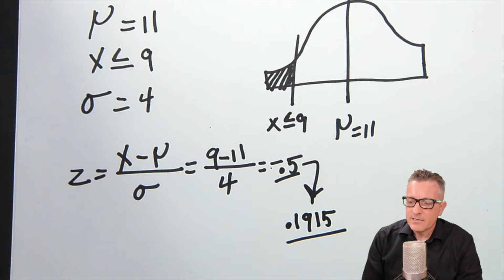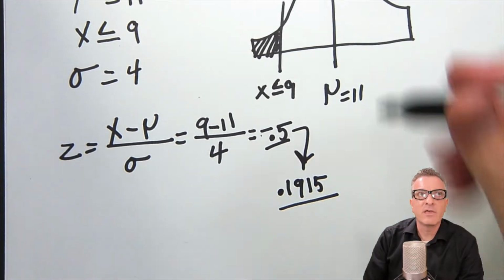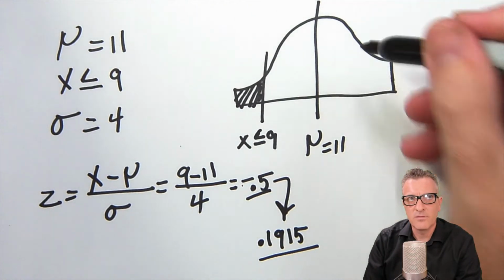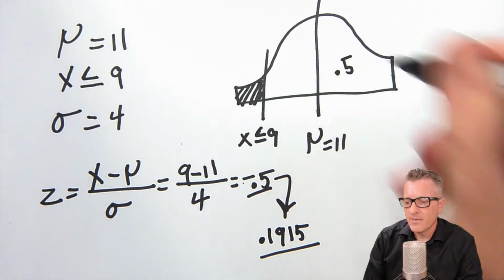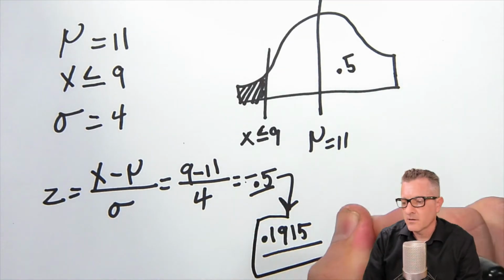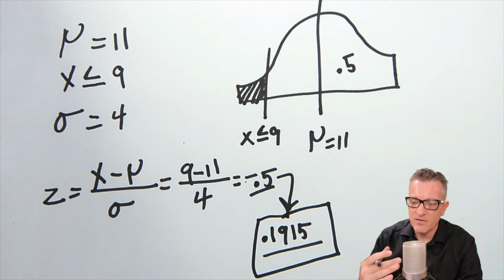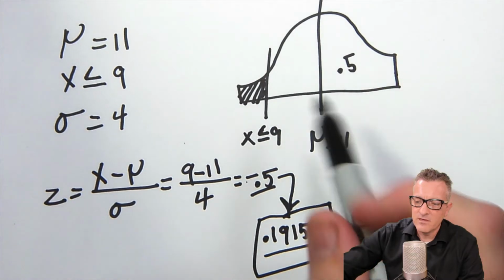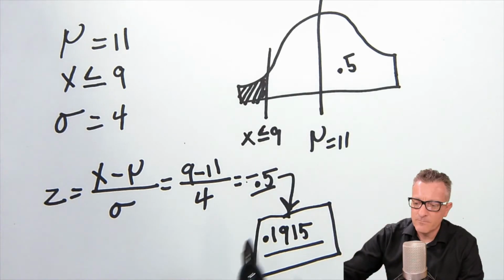So the big deal here is where we place this. Whenever we have a whole side that we're not working with, it's always going to be 0.5. Okay, so that's easy. And then when we get our value from our z-table, the under the curve value, not the z-score, but the actual value that we look up, it always goes on the other side of the whole one. So if this is 0.5, it's going to be right here. It's always that fractional part.